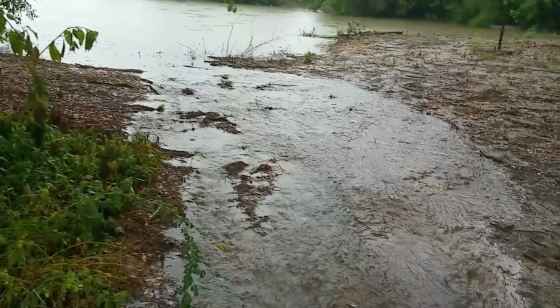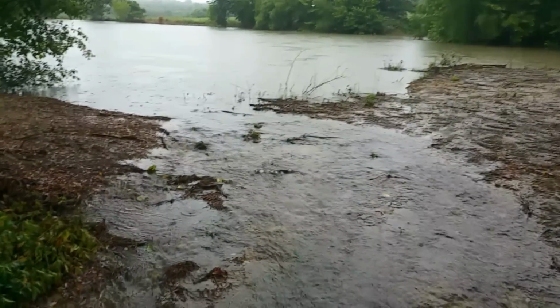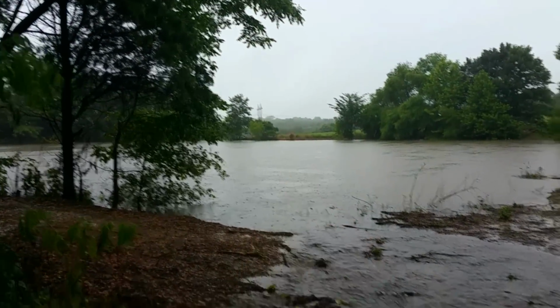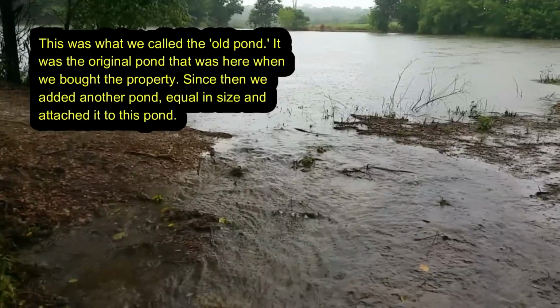And the big pond is back to full again and running over. I've been waiting for it to drop enough where I could fill this in here so it only runs over on that side. Of course, I didn't get around to it, and it...